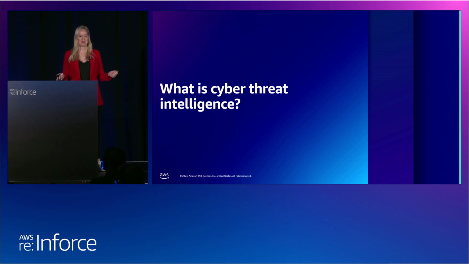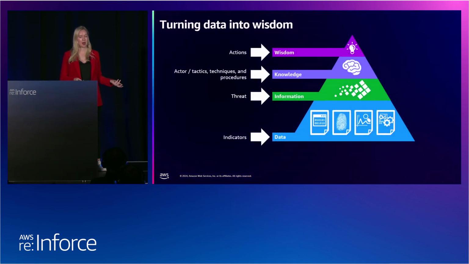And why should you care? One of the main benefits of cyber threat intelligence is that it allows you to stay ahead of potential threats. So by sharing information about known vulnerabilities and attacks, you can take proactive rather than reactive measures to protect yourself or your organization. So this prevents you being in the front page news, costly downtime, and of course, things like reputational damage. Another important aspect is the ability to respond quickly to emerging threats. So by sharing information about ongoing attacks, you can deploy countermeasures in a matter of minutes. This helps minimize the impact of an attack and of course further damage.